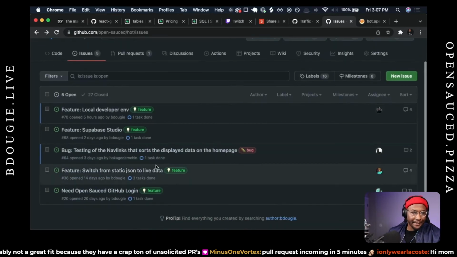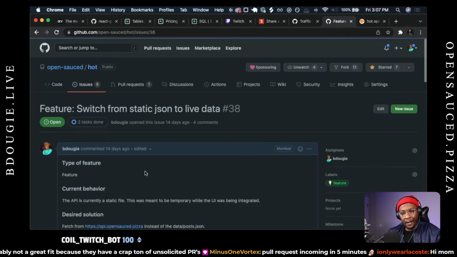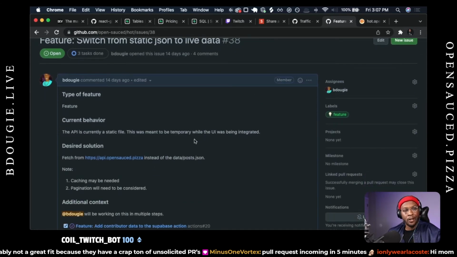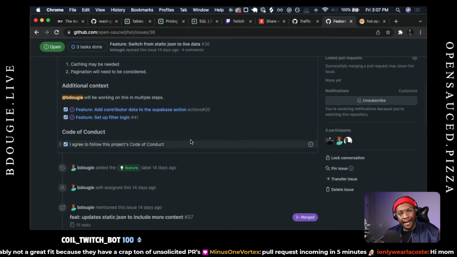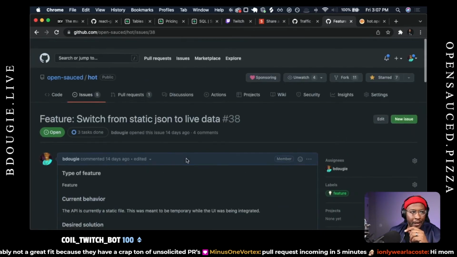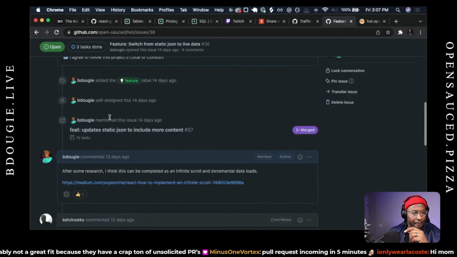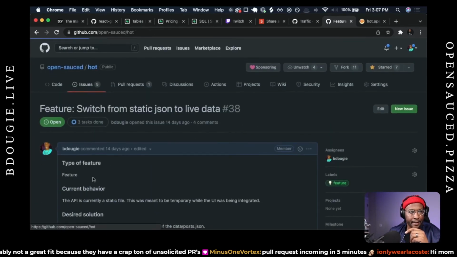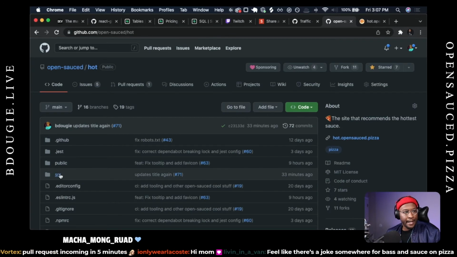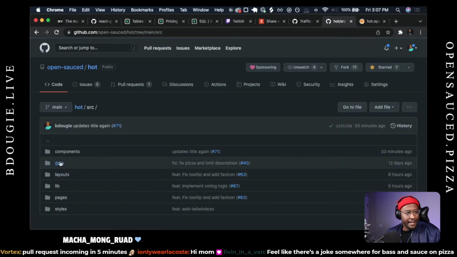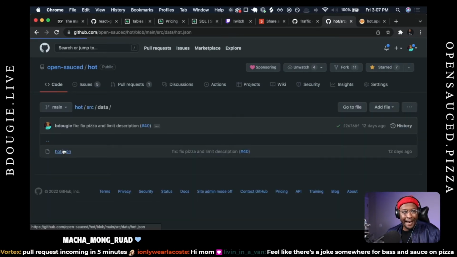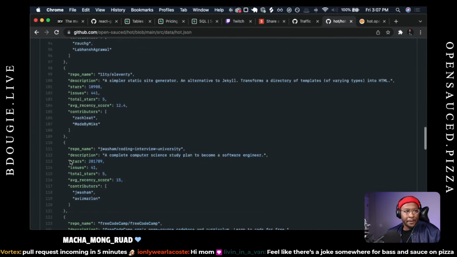And finally, the thing I'm working on today, and I'll do it on the rest of the stream, so keep an eye on that, is issue 38, where I want to start using Supabase and the data directly. At the moment, the way we've been doing this is all the data is sitting in the data folder, and we have just a handful of repositories.